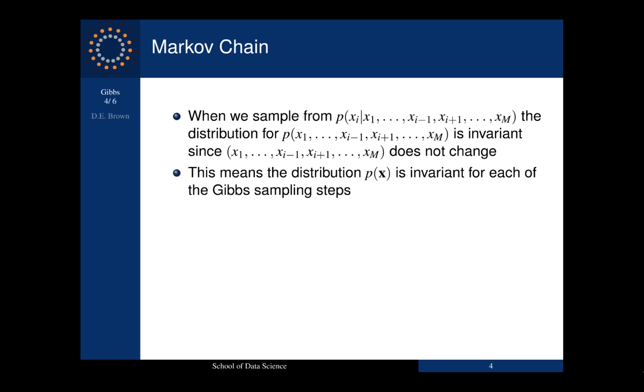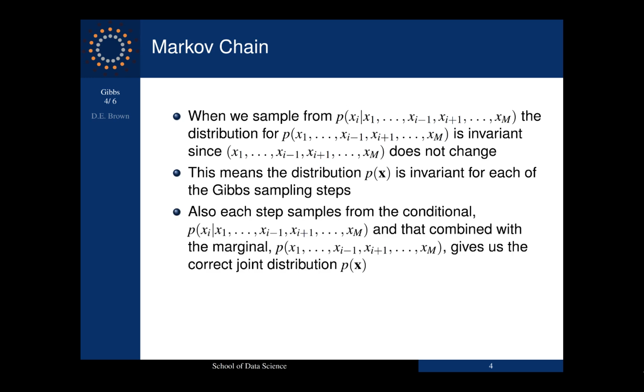This means that this Gibbs distribution, the P of x for every point in the sample space, for every point in our vector space, for this random vector, is invariant for each of the Gibbs sampling steps. And also, each one of these steps samples from this conditional distribution that we pointed out,